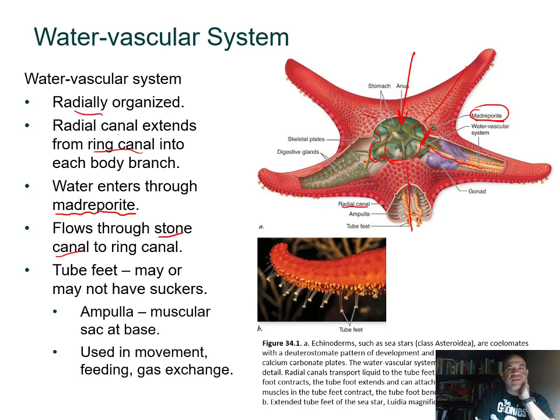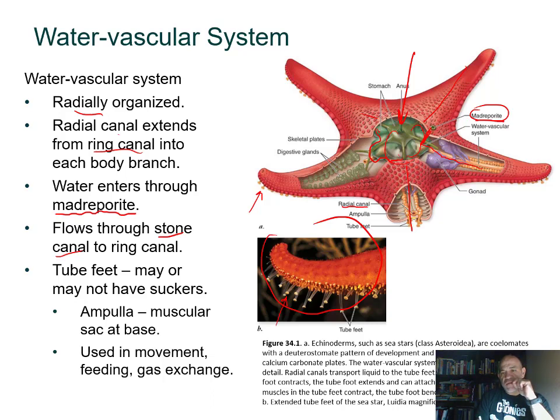Now what happens here is that water system will actually fill up these tube feet here, and the tube feet actually stick out on the bottom side. You can see some of the tube feet there underneath in the drawing here, and then here's an actual real picture of an arm of a starfish, and there's the tube feet there with little suckers there. So basically they can pump water into those feet, and that causes those feet to stretch out, and then muscle can swing those feet back and forth in a coordinated way. The sea star can move in any direction it wants to,